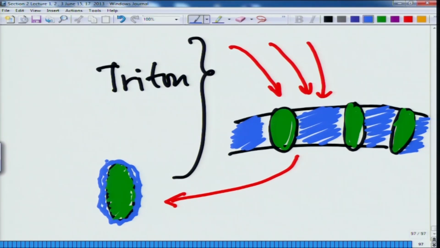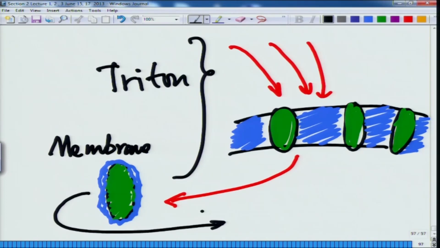Once you have this particular membrane protein out of the surface, though it is an exceptionally challenging process, by the way, here is the membrane protein